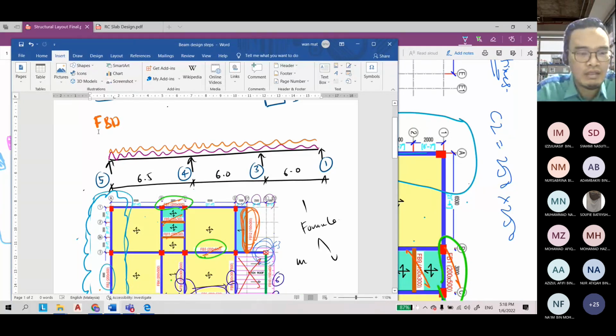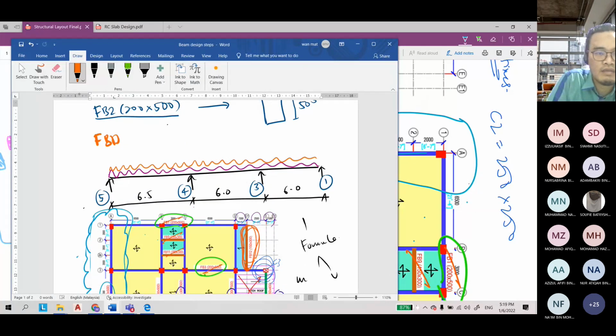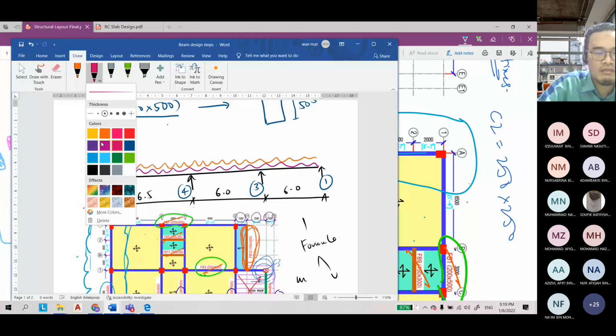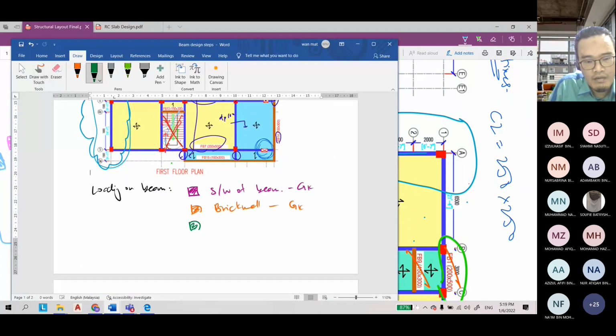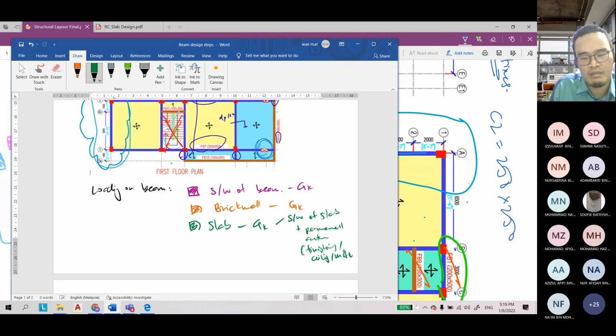Any other loading? Slab. Okay, from the slab, let's say I use this color, green, as the slab. Slab is a GK, which is the self weight of slab plus the permanent action. Permanent actions means the finishing. Maybe you have a ceiling under your slab, and maybe M&E, mechanical, electrical, maybe the lamp, the fan,